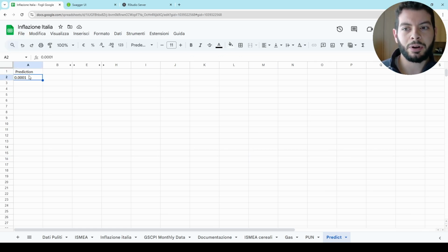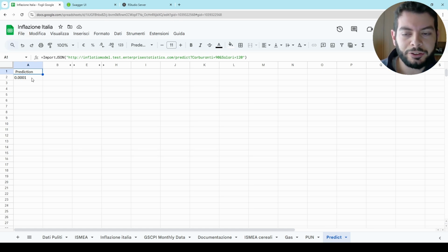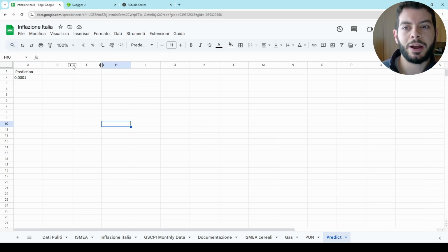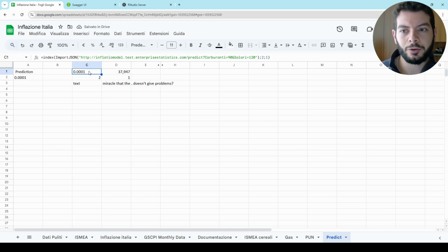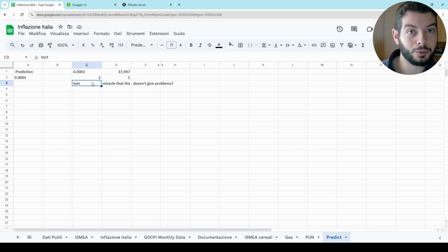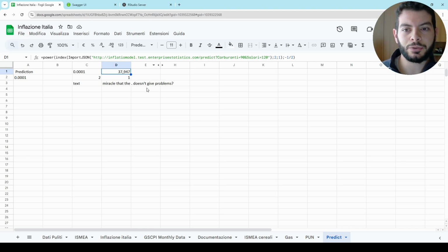You see that we have our value for inflation, and the problem is that this value doesn't tell you anything, because first you don't know which kind of, let's call it, default value I have for the inflation of Italy. If we expand these columns, first we see that the model I imported with this function returns a text, and that is of course a problem. Then with this transformation I have the actual value I want. Consider that the default value is 100. That is the reason why I told you this model sucks.